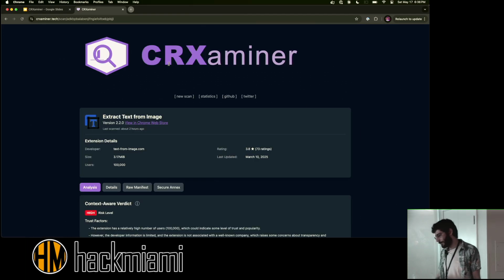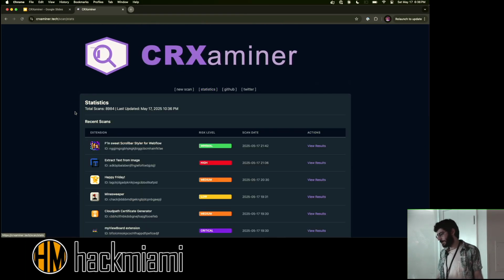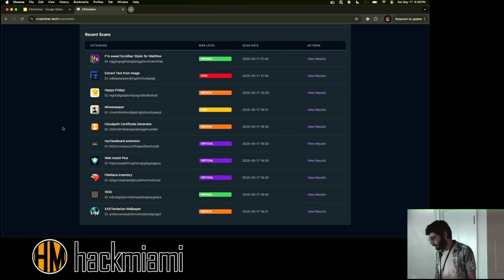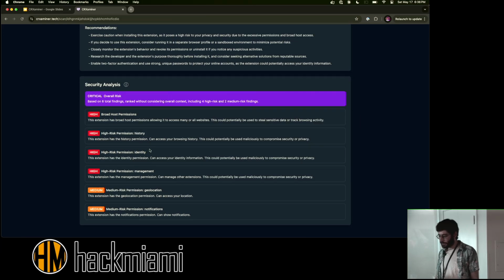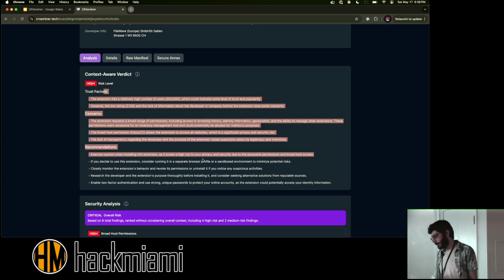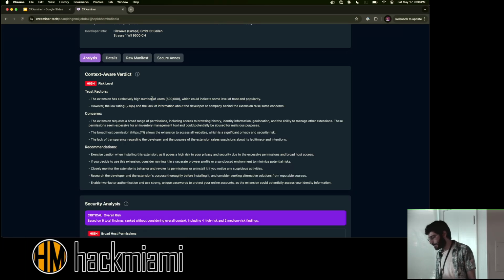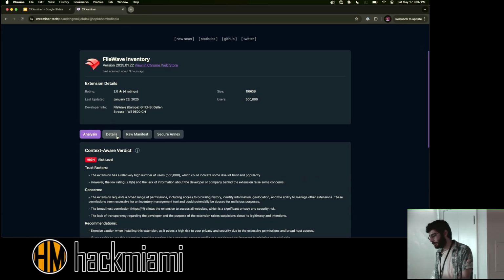But this is an example. This is the actual site live, and under statistics, these are some recent ones that were scanned. For example, let's see the critical one here, FileWave. So this was the initial ones. Okay, it's asking for risky permissions like history, identity, geolocation, excessive permissions in general, and then AI says the rating is low, it has a high number of users, which could indicate a level of trust, but does it? But it doesn't have access to the JavaScript at all. And then when you click on details,